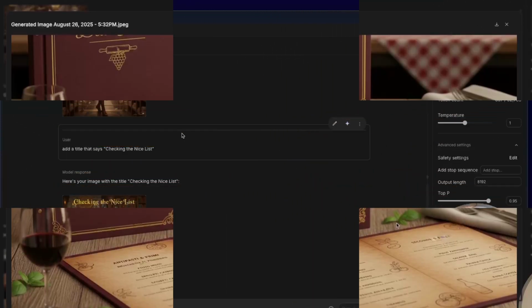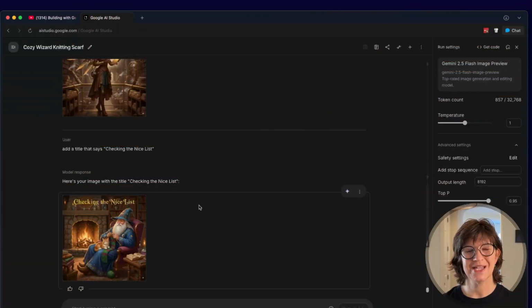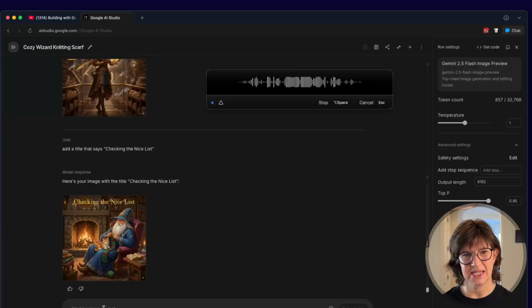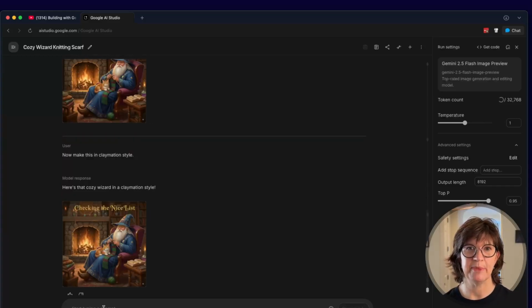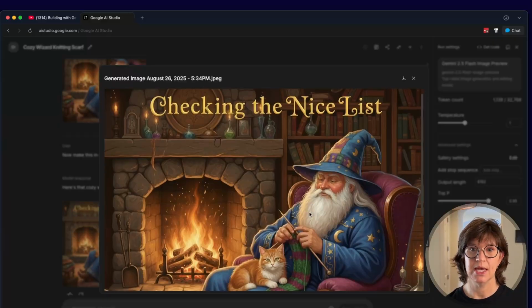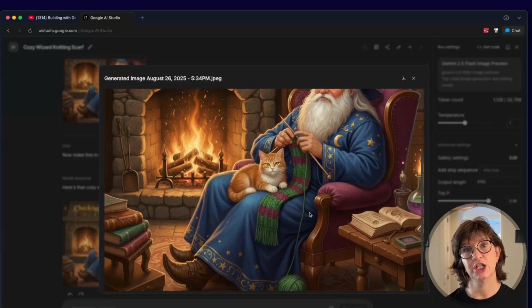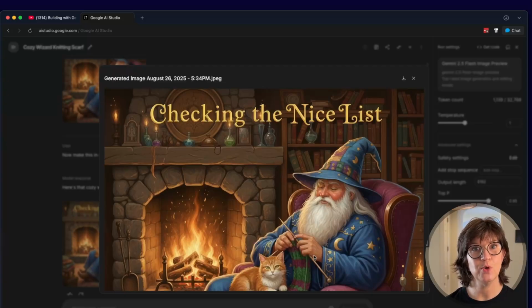It's not here yet. The other thing that they mentioned was stylization. They said they're still having some trouble with stylization. So it's possible if you go in here and say, now make this in claymation style, it might not always work. They didn't specify which styles work and which don't. So I think they're working on it. Give it a chance, maybe. So perfect example. This seems to have done literally nothing. That's a known issue, so do expect a few bugs